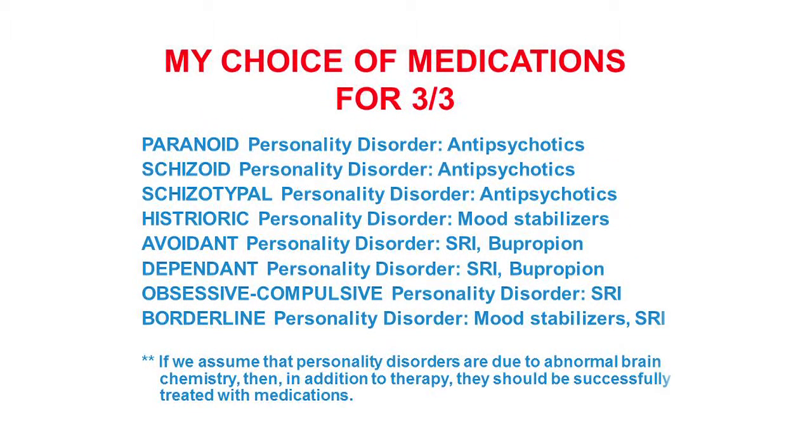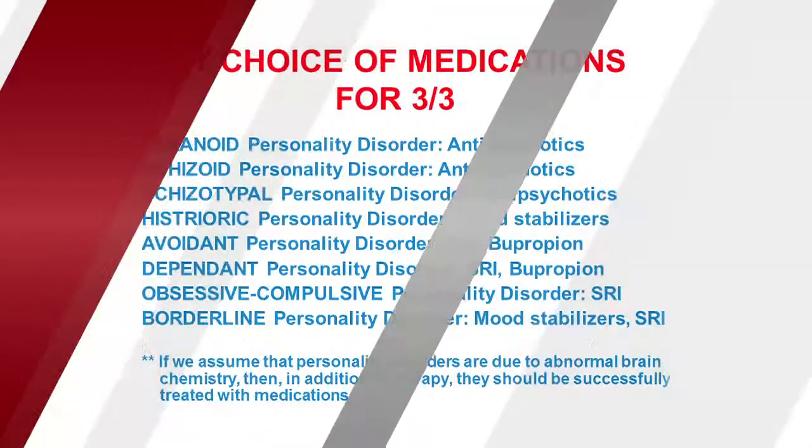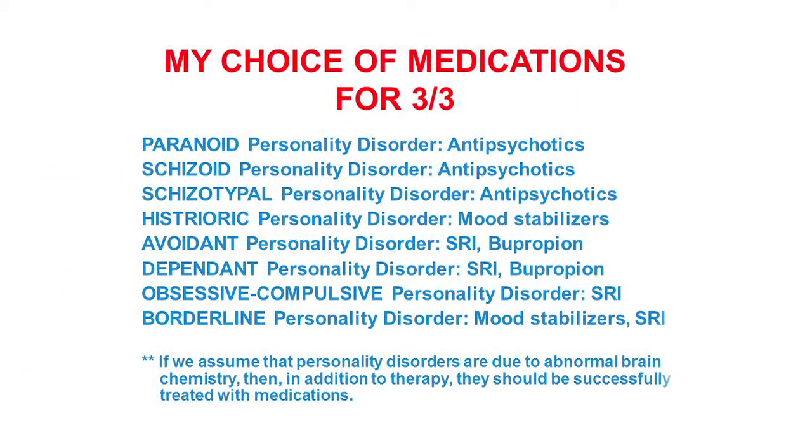Here is a selection of medications for personality disorders. Again, this whole area is not at all well documented or well researched, but if we make the assumption that personality disorders are due to abnormal brain chemistry, then in addition to therapy, they should be successfully treated with medications. And my choices are here enumerated, namely paranoid personality disorders, antipsychotics; schizoid personality disorders, again antipsychotics; schizotypal personality